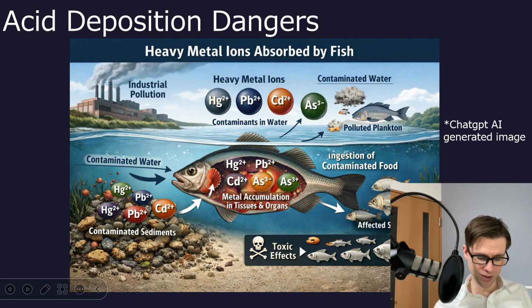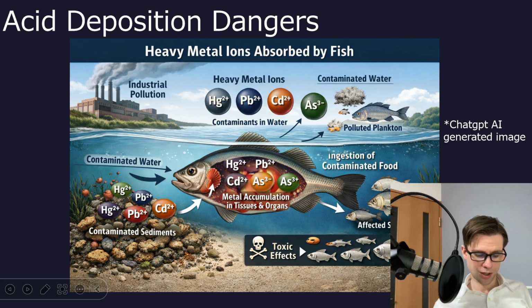So fish, or the food that fish eat, absorb these, and once larger fish eat those smaller food sources, these things just pile up. They don't go anywhere. They don't tend to exit organisms, so they build up inside the bodies of these larger fish. And this has created many problems over recent years since the Industrial Revolution, I'd say. Especially in Japan, where I live, one of the worst cases, I think it was called Minamata disease with mercury. So yeah, these are big problems.